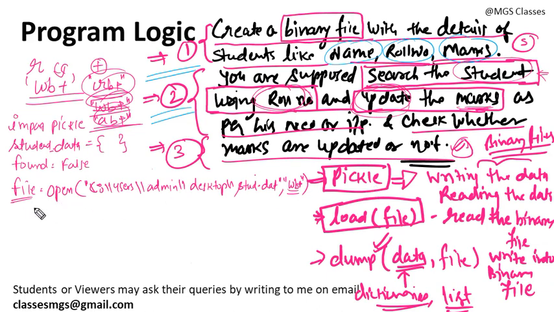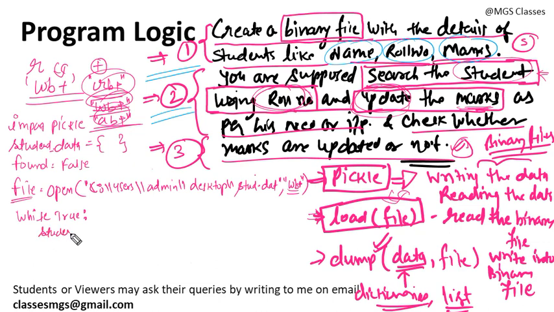So now we will use the load function to read the file. So how to read the file? Yesterday we passed the list, that's why we read it one time, but today we have inserted the student records directly, the dictionary of each student record one by one. So we need to read this file one by one. I will use a while loop, pass True, and then you need to read the student data.